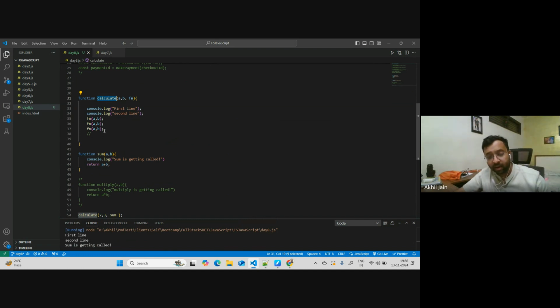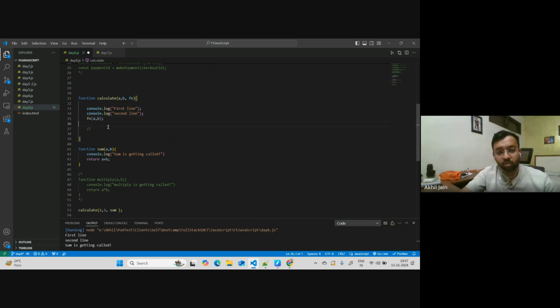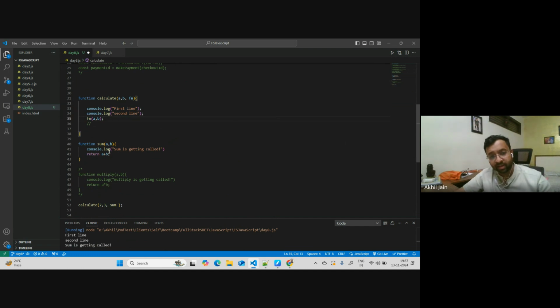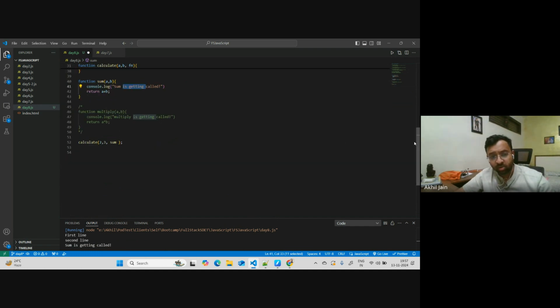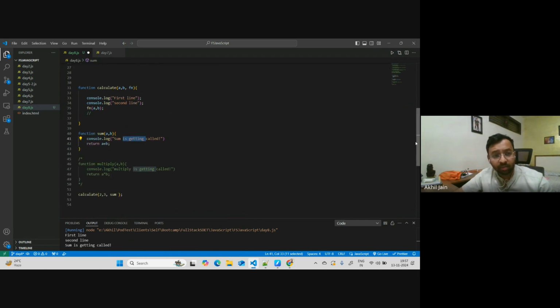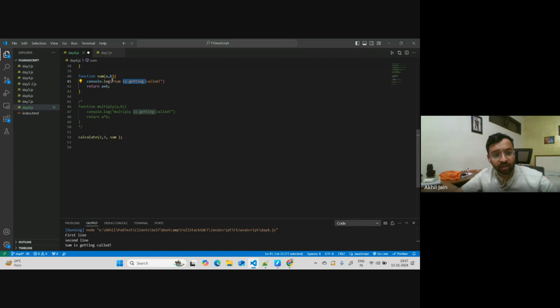But let's say I would have to write something like this: first line, second line, and then this, right? I mean, this is the output which I expect. So I could do something like this also, right? I can say I'm not calling it. So I can also do this part. Sum, right? Sum